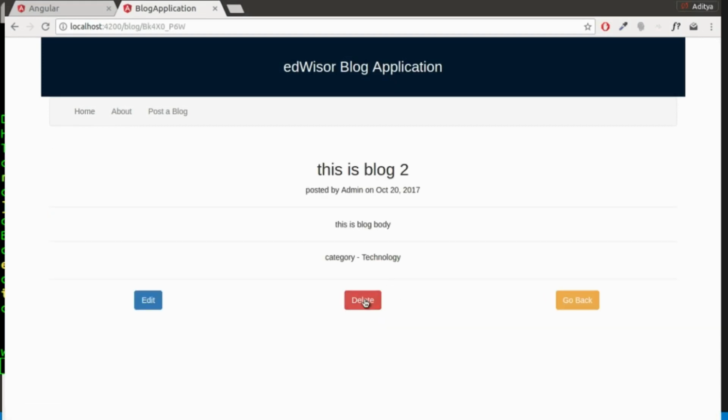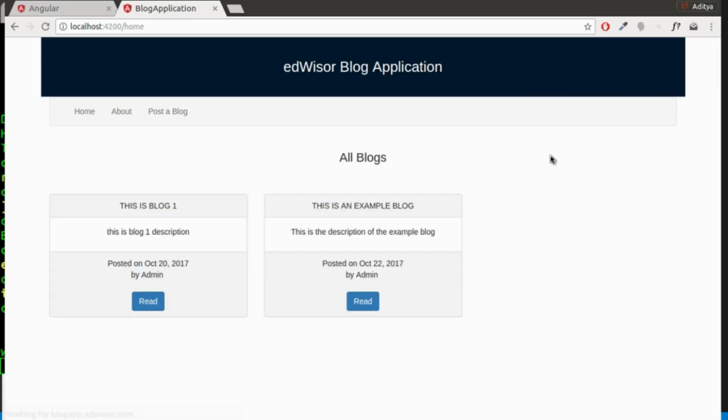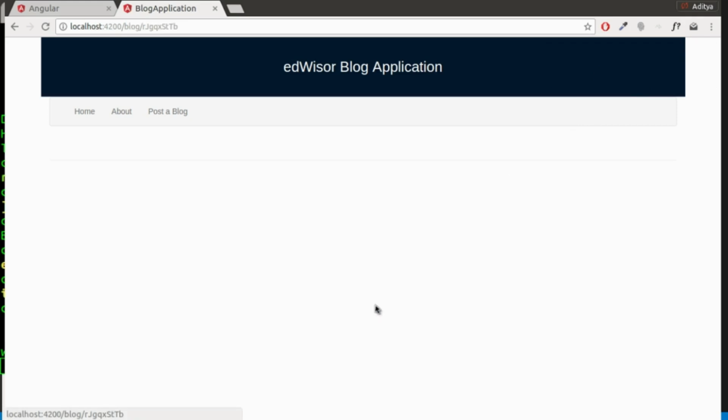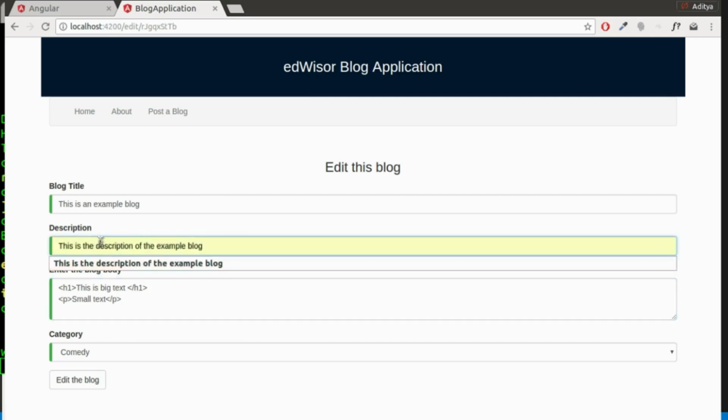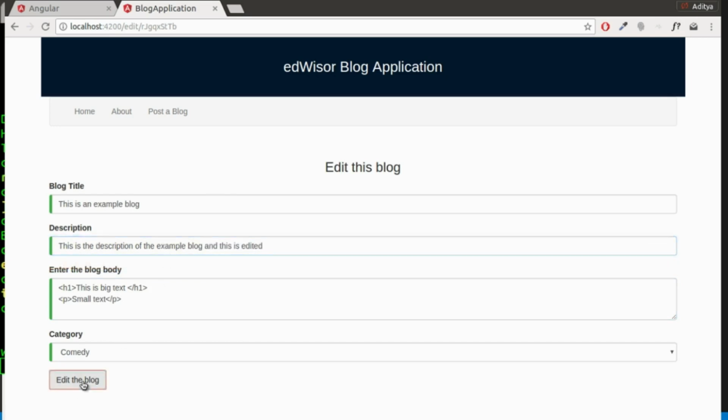I'll just delete the second blog. When I press on delete, it says blog deleted successfully, and it redirects to the main page again. Okay, and I can also edit the blog. When I click on edit, it shows me all the fields pre-filled there. I can just edit, so I'll write this is the edited description. Okay, when I edit this blog,